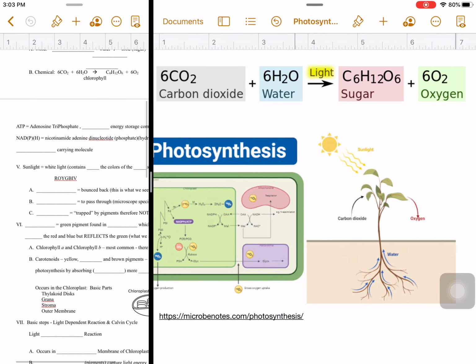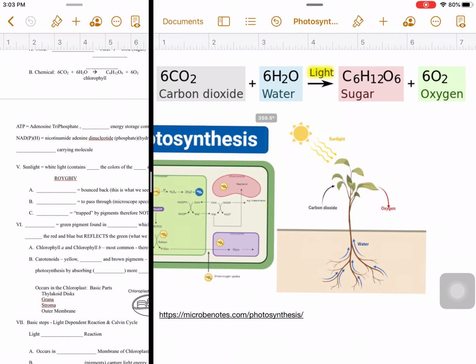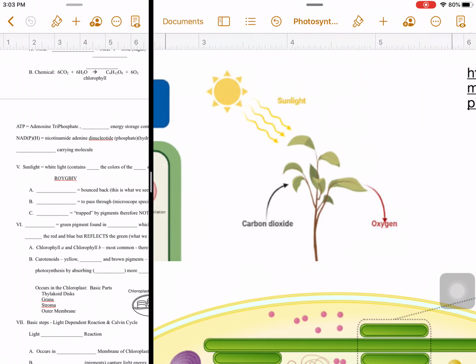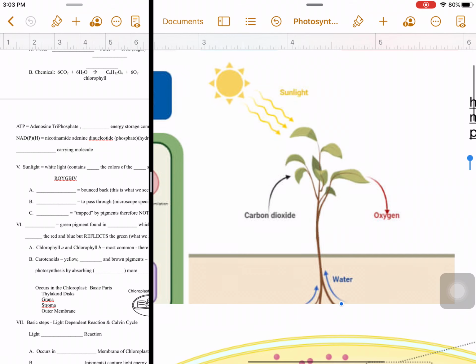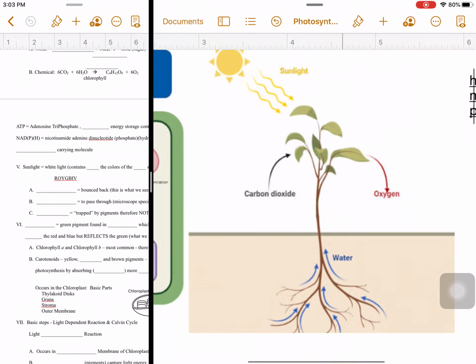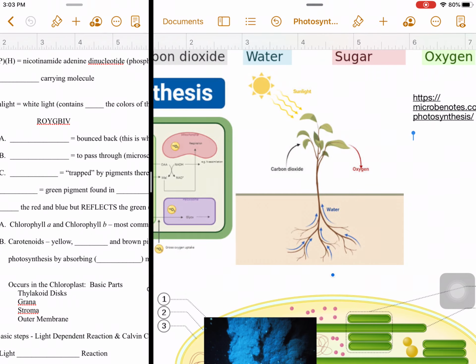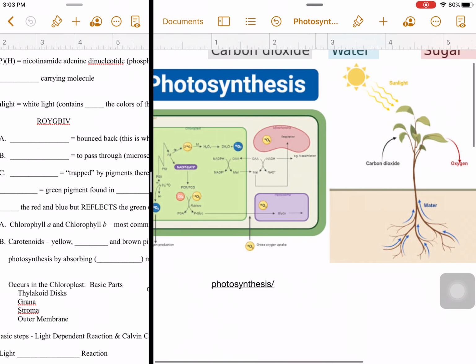In the picture over here, it's the rough outline of how that works. I just want to make you bigger. We have sunlight that comes in and it attaches to the leaves, and you have water. Excuse you, I did not want you bigger. You have water that comes in from the roots, and carbon dioxide also enters in through the leaves as well. And all of that takes place in our plant cell.